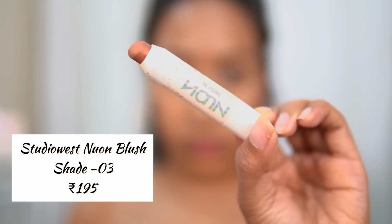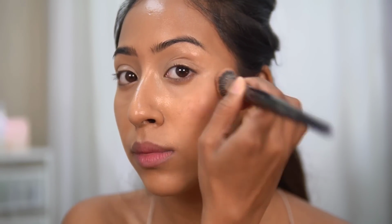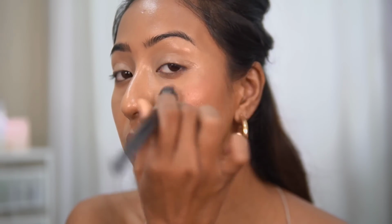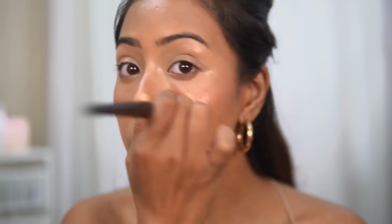Now this is the blush I'm going to use because it is one of the most affordable blushes that I have in my collection. So this is from Studiowest, and it is in the shade, I don't remember the shade name, but yeah, I'll leave it on the screen. It retails for only 195 rupees, and you can see this is a beautiful terracotta kind of brown blush, and I absolutely love it. The formula is amazing. So as you can see, this is such a beautiful shade, and I don't like to go in directly with the blush. I am just putting this on the brush, and then I will go in with it